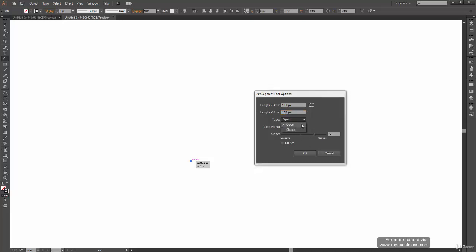Type is open or close. You would have noticed that when you create the arc, you get an open arc, with no fill in it. But when you make it close, you will see what change we get. Base I will keep as x-axis, that's no problem, and slope is 50.